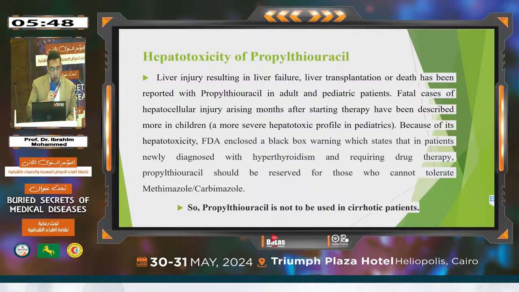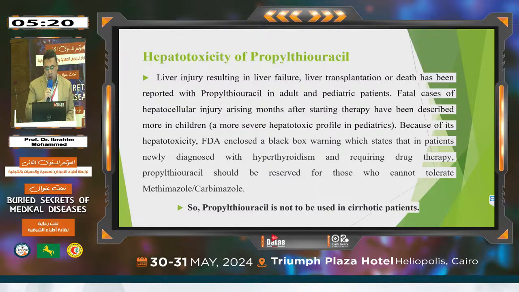Hepatotoxicity of propylthiouracil. Liver injury resulting in liver failure, liver transplantation, or death has been reported with propylthiouracil in adult and pediatric patients. Fatal cases of hepatocellular injury arising months after starting therapy have been described more in children, a more severe hepatotoxic profile in pediatrics. Because of its hepatotoxicity,